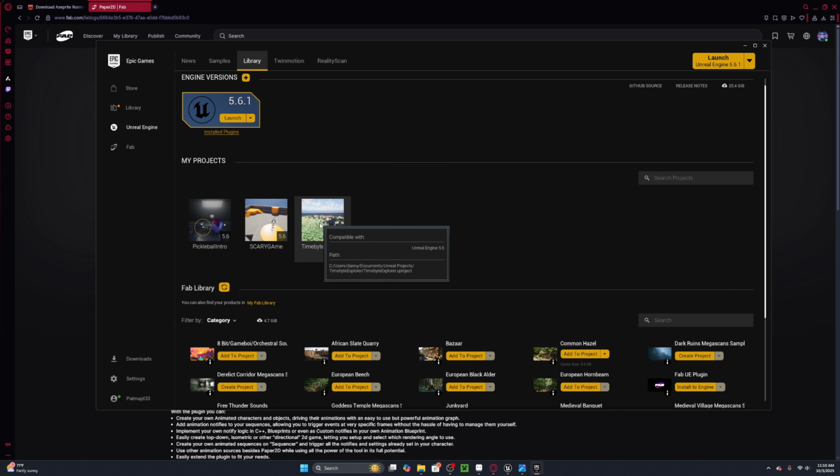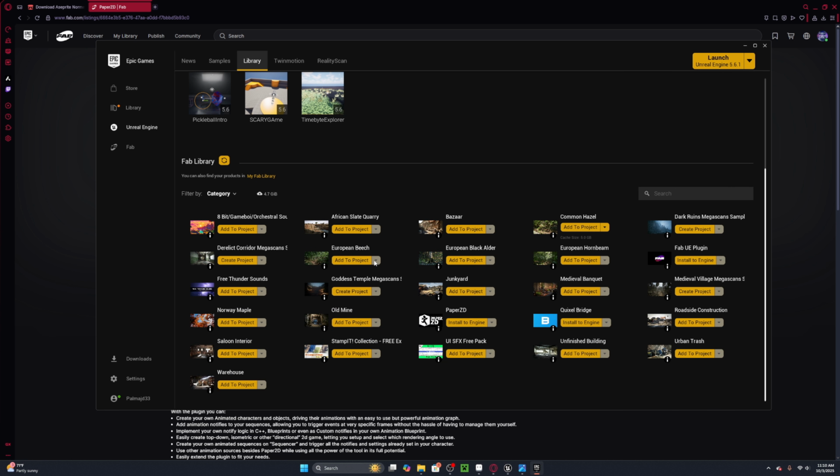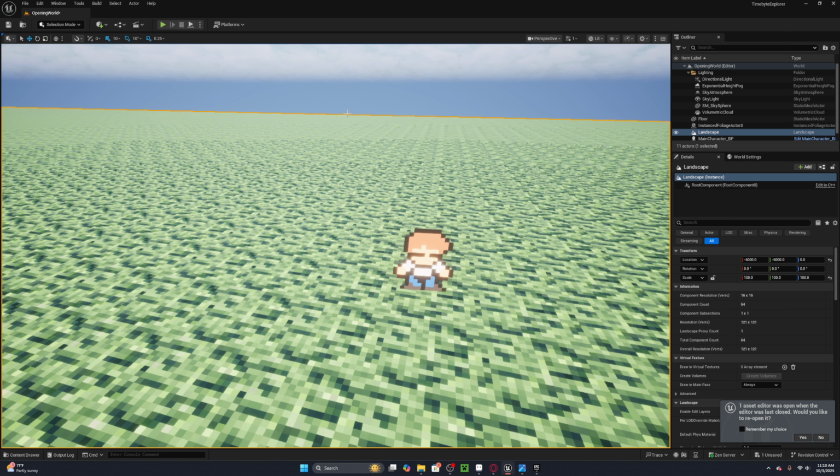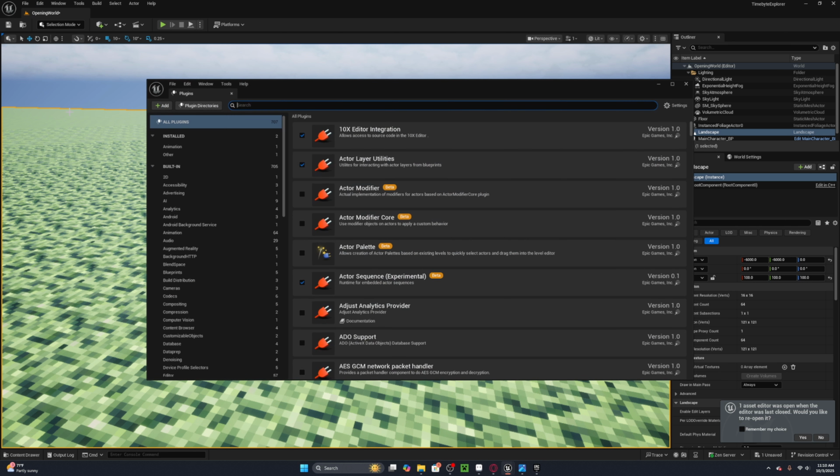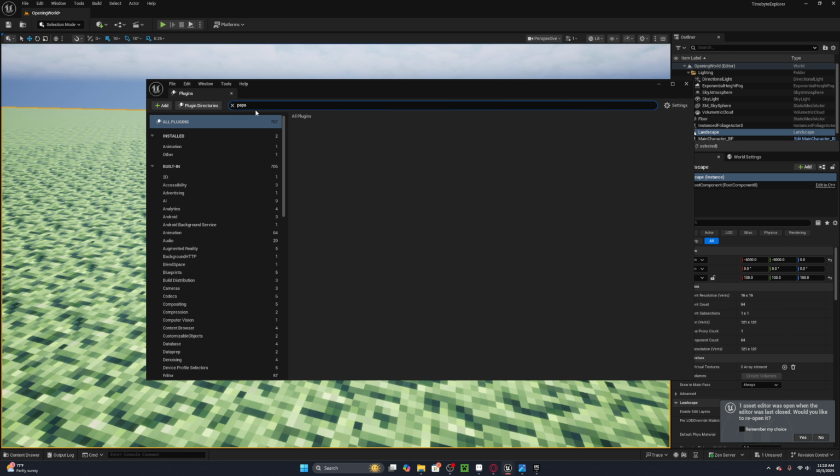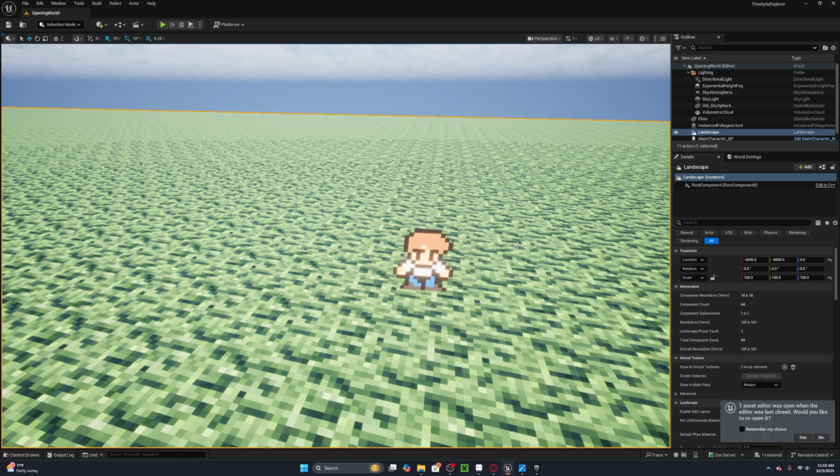Once it's installed, you need to go to your library. Make sure you have your projects here. And then Paper ZD install to engine. Then you would go back to Unreal Engine, go back to plugins. And it should show up here, and then you have to check it and restart your engine. If it doesn't show here after installing, just restart your engine and check it. Now that we have Paper ZD,